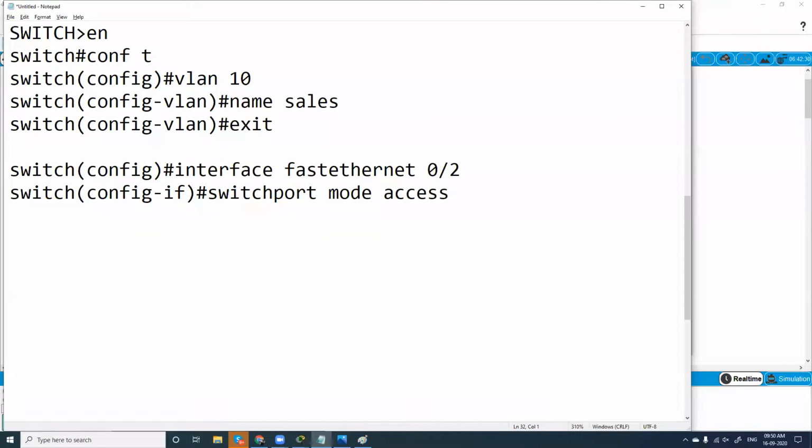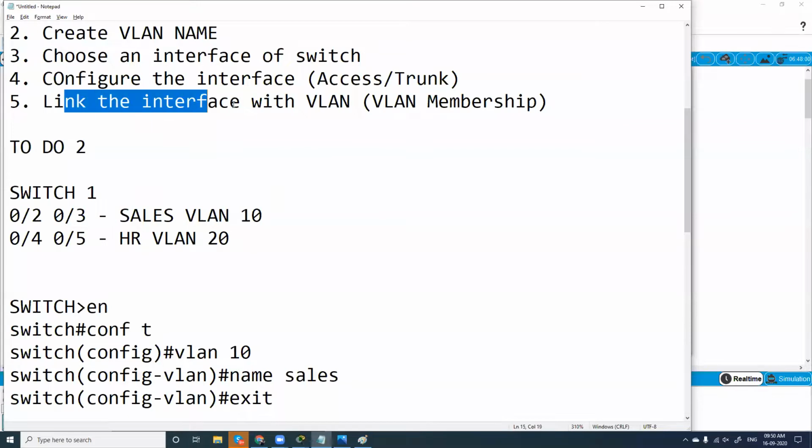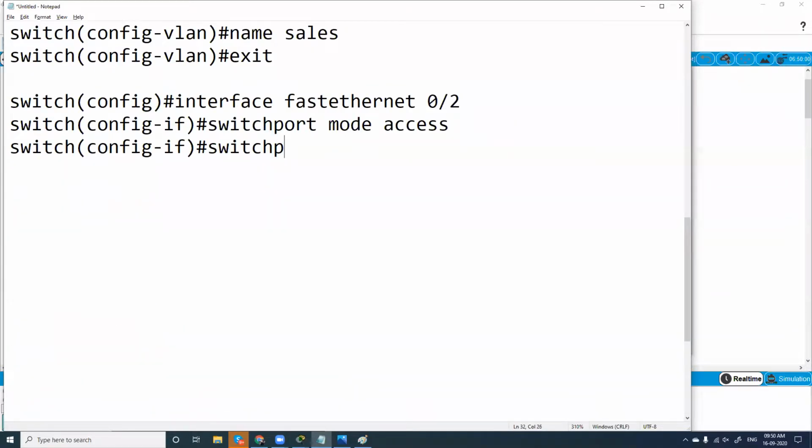And after configuring this, step number 4, for your understanding, is to link the interface with the VLAN. That step is very simple. I'll type switchport access VLAN 10, so this particular access port will now be linked with VLAN 10.